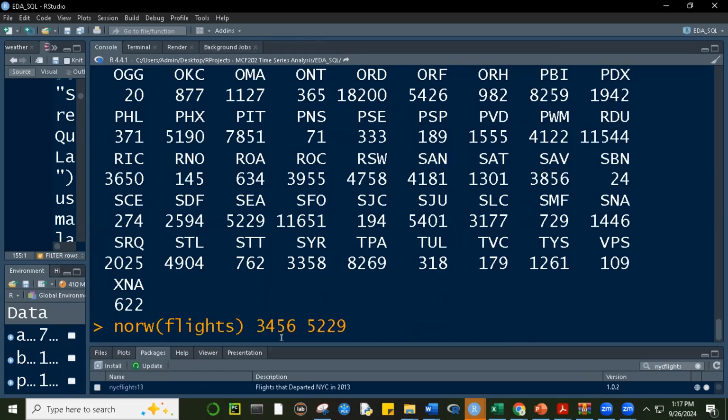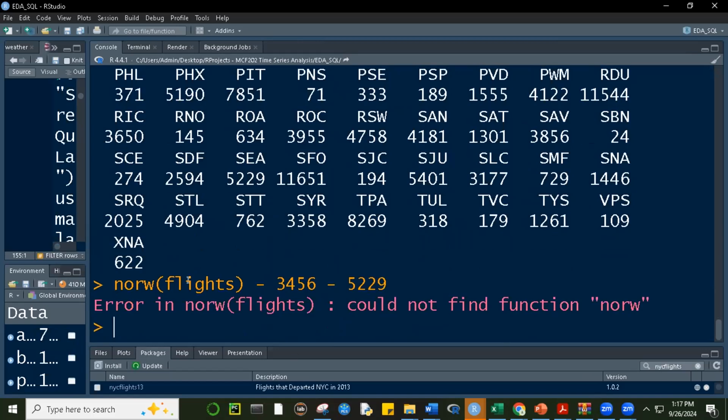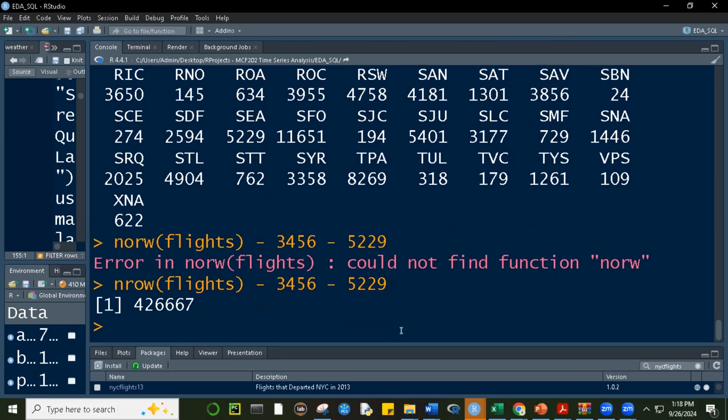We can use the nrow, okay? nrow minus the number of observations for BTV minus the number of observations for shuttle. So if we subtract those two, then we're actually generating an object that includes all the other destinations except for shuttle and BTV. Oops, sorry. Wrong spelling. It's nrow, not nor. Okay, nrow, sorry. Okay, 426667. So that's the number of observations we expect